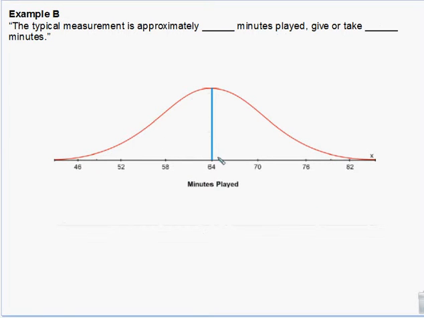Same thing. Typical measurement is approximately 64 minutes played, give or take. So we'll subtract 6, add 6 minutes. We went to the next data. There's 6 to get from here to here and 6 to get from there to here. I think